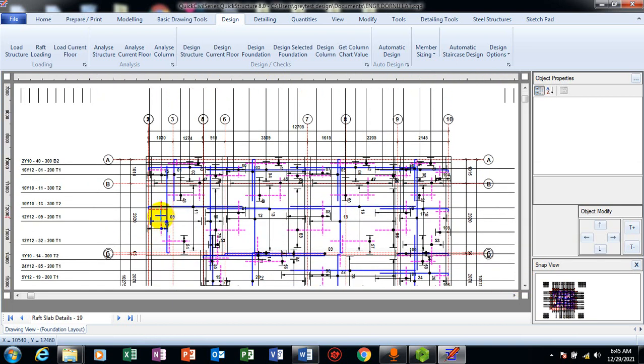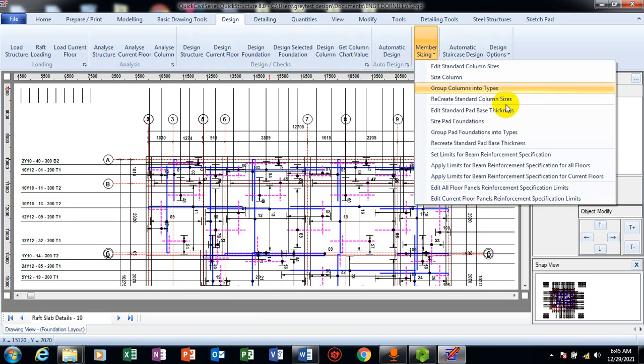But I want my T2, which is the top distribution bar, this particular reinforcement that is here at the top of my return, to be 300 spacing, and I want the reinforcement to be Y10. So all I need to do is come to my member sizing, and then I'll come to edit